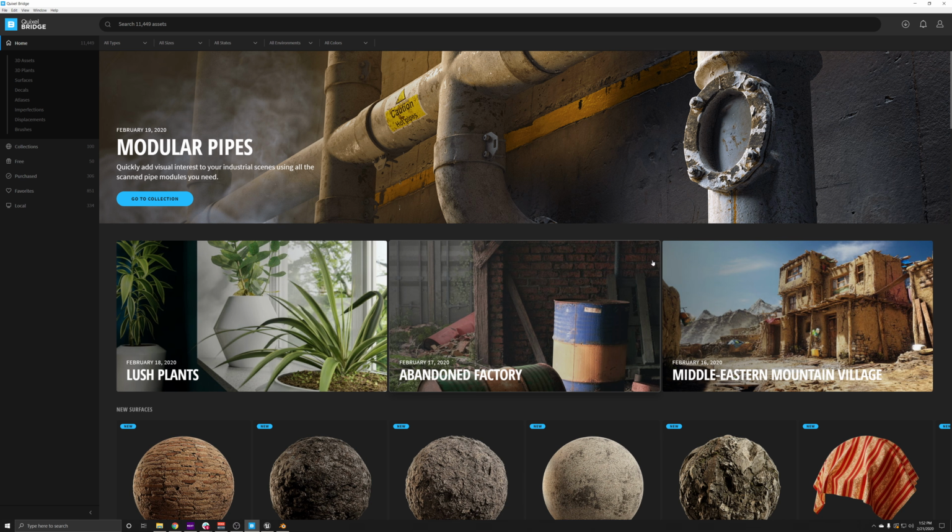Bridge is basically a desktop version of the online Megascans library. Well, a better version of the online Megascans library that you've seen, and its entirety is meant to be a universal content management system, not just for the Megascans assets, but as I've mentioned a few times, your own custom assets. And the whole custom asset realm will get a whole lot better. It'll get more smooth. You can add as many as you want. Even now, you just have to do the effort up front to make sure that your tags are organized, and you should be set.